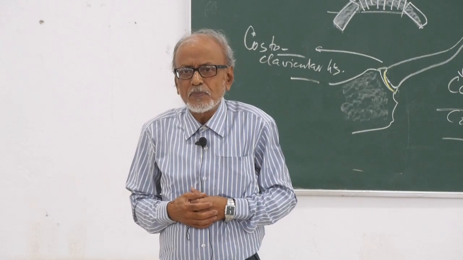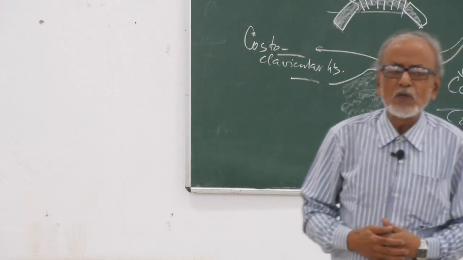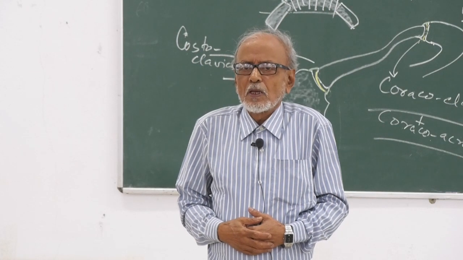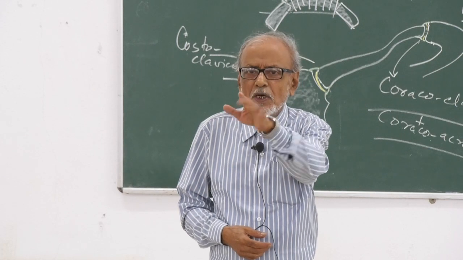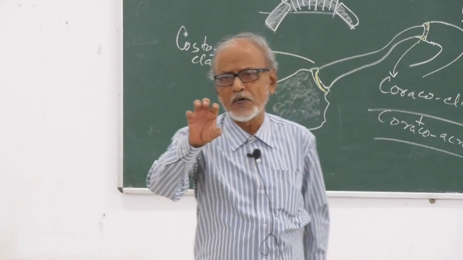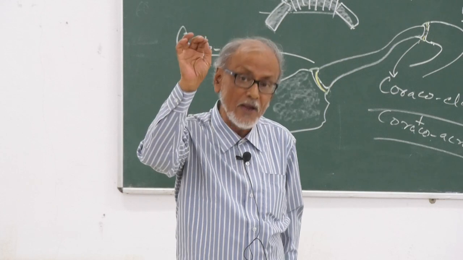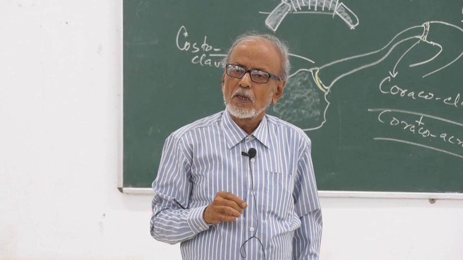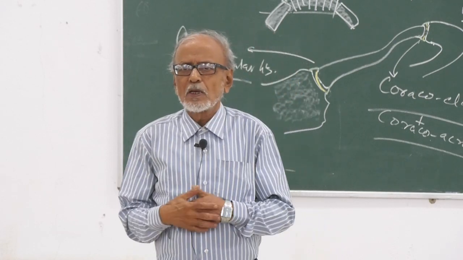শ্রাগিং দ্য শোল্ডার, এই এলিভেশন। তাহলে এলিভেশনটা কোথায় হচ্ছে? অ্যাক্রোমিওক্ল্যাভিকুলার জয়েন্টে। রিভার্স ডিপ্রেশন উইল বি অ্যাট দ্য স্টার্নোক্ল্যাভিকুলার জয়েন্ট। স্টার্নোক্ল্যাভিকুলার জয়েন্টটাকে যদি আমি আটকে রাখি, ফিক্স করে দিই, অ্যাক্রোমিওক্ল্যাভিকুলার জয়েন্ট উইল ফেল টু মুভ। বুঝেছো? কাজেই এলিভেশন একটা হলো, শ্রাগিং, এই তুললাম।